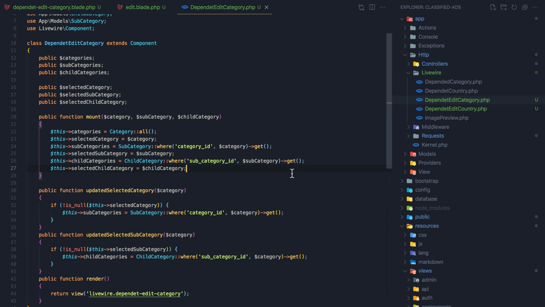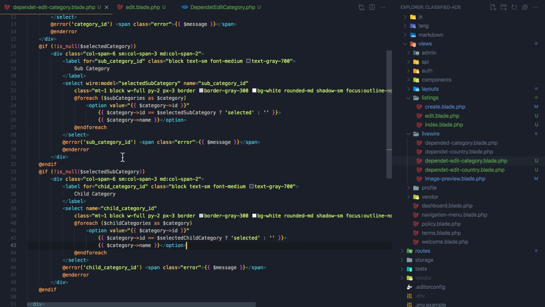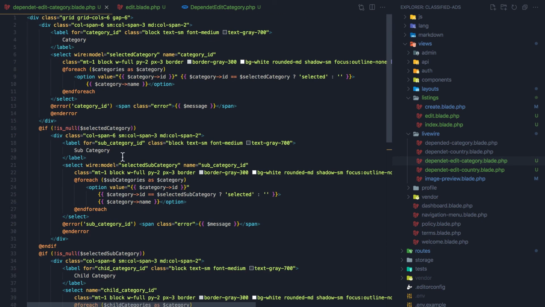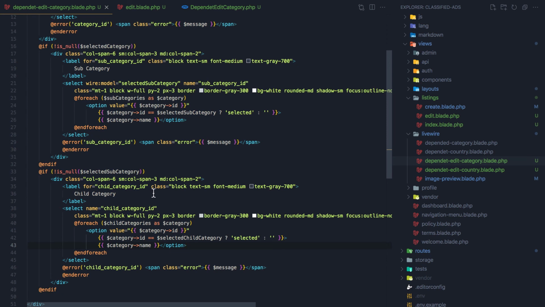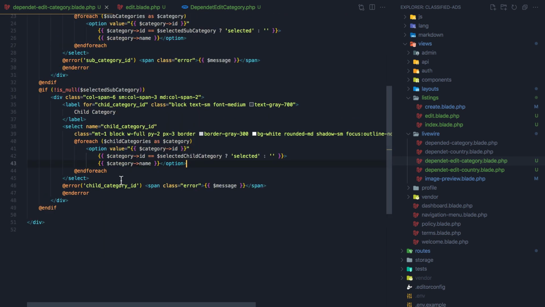So why don't we have all the child categories? Dependent, if selected subcategory. Okay, where is the child? If it's not null, the selected sub, yeah. Here we have the child categories,